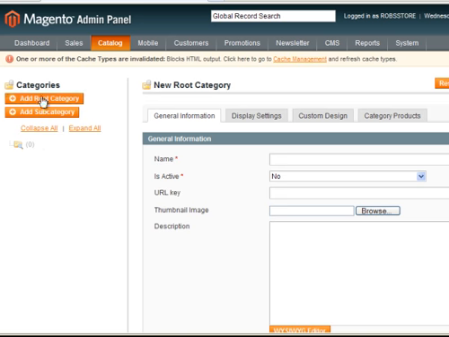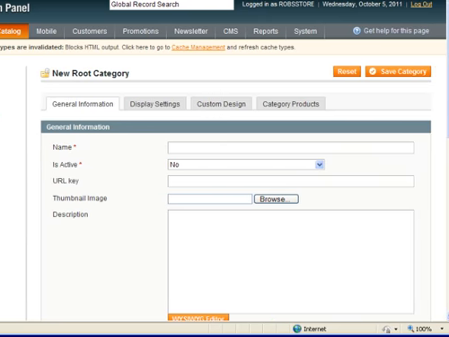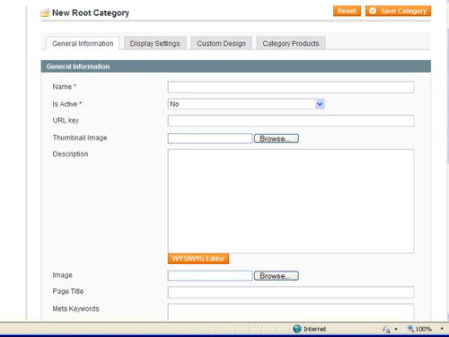So the first thing I do is click Add Root Category, and we wait for the system to come up. And the first thing it says is new root category. I'll move this over so you can see it all the way, and I'll slide this up a little bit. Okay, so it says new root category. So the first thing is the name. What is the name of my category? So I'm going to call it